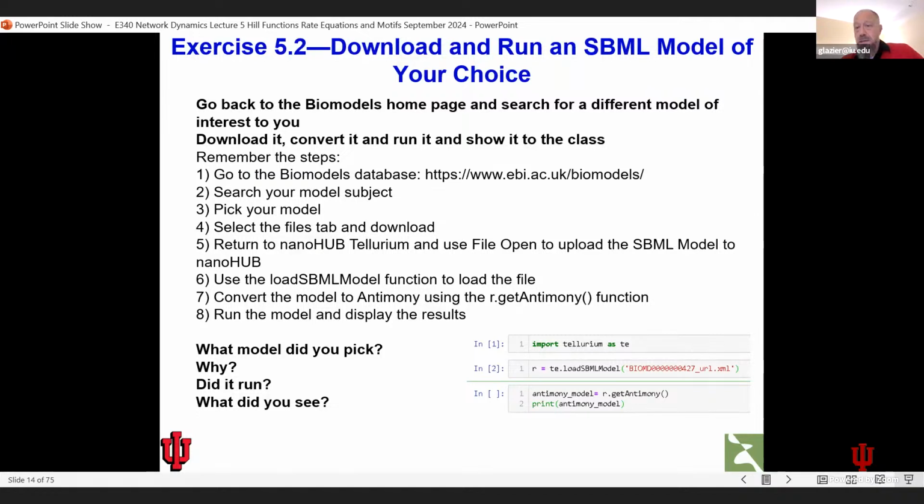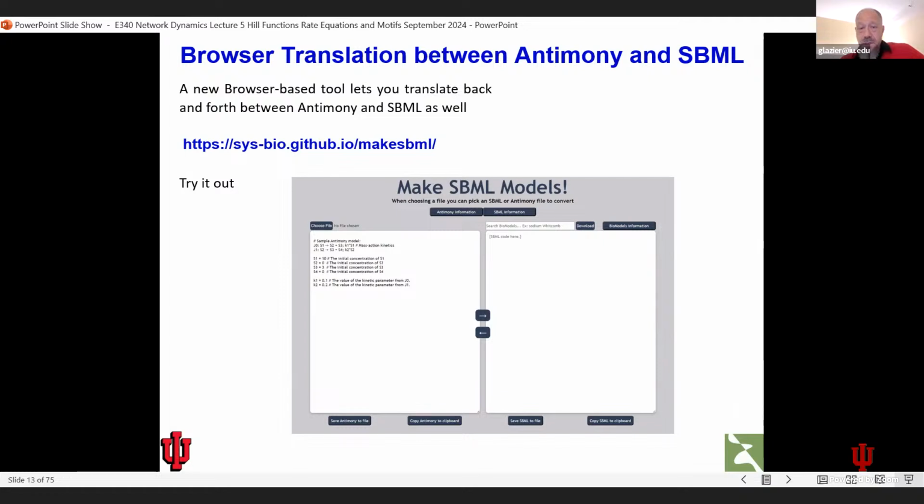Okay. And now we can go back to use the search bar to run an SBML model. Here it actually says, oh, sorry. Apologize again. This has the old syntax for the NanoHub. So what I want you to do instead is here in the search tool, in the search bar,